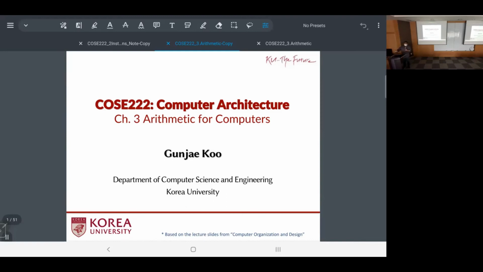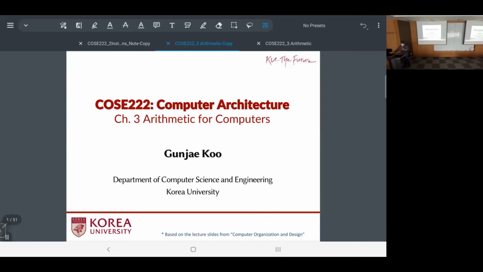How can you build the hardware? We will learn how to build the control processors in chapter 4, and the memory systems in chapter 5. In chapter 4, we will explore the hardware architecture, like pipelining. But before going to chapter 4, in chapter 3, we will learn how to build arithmetic units in